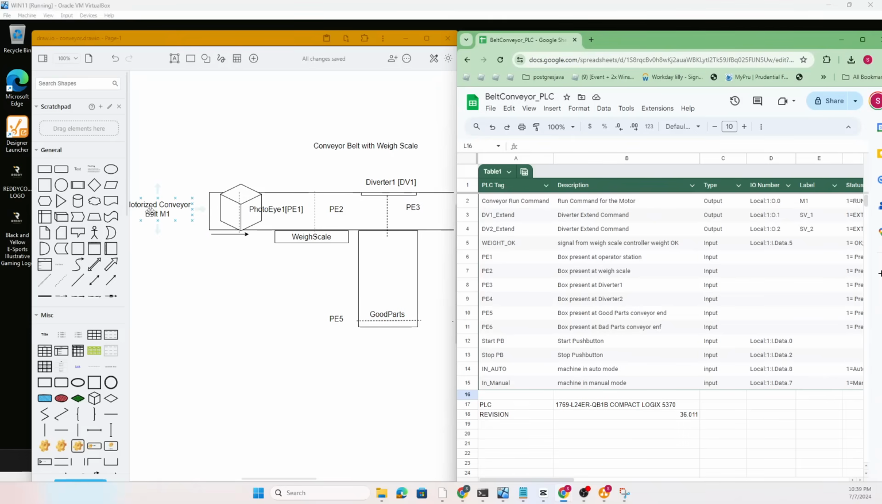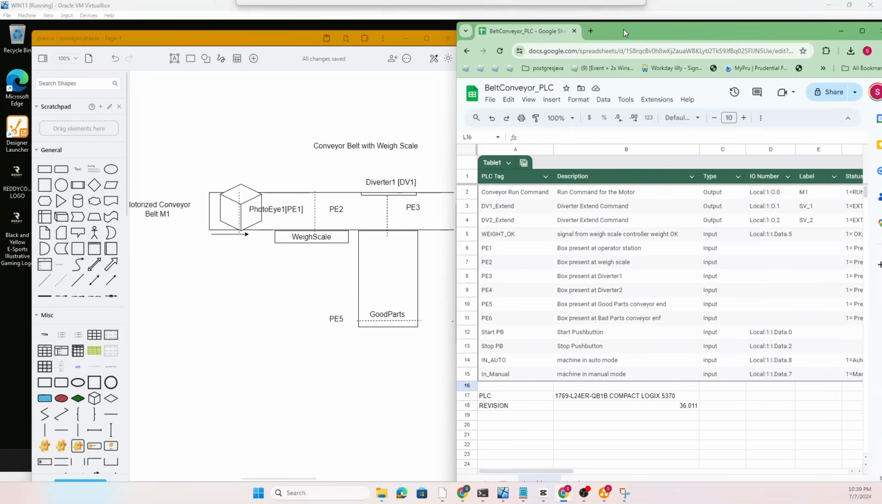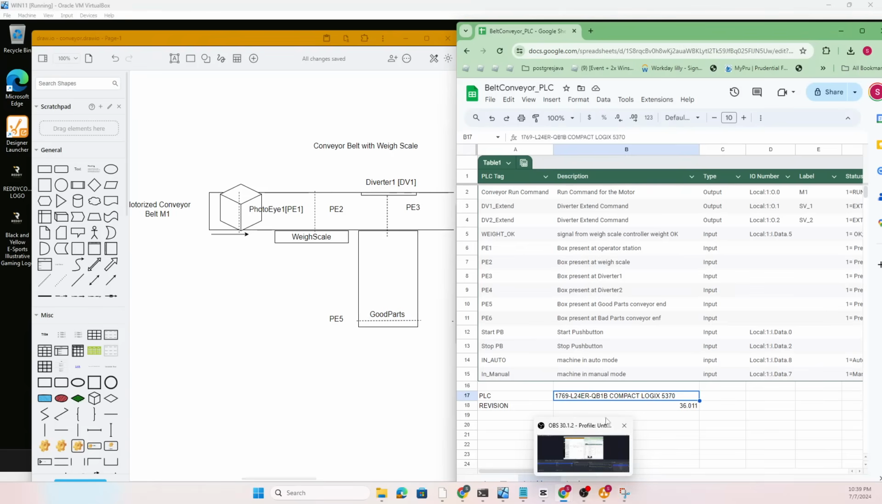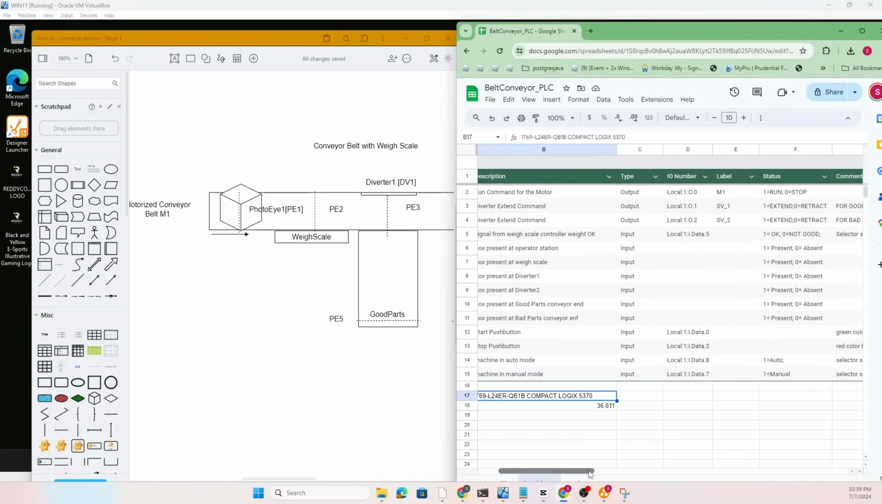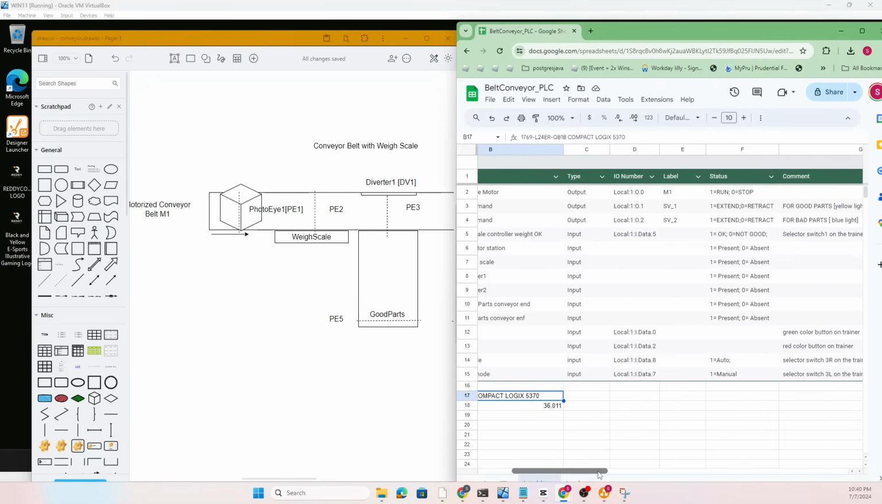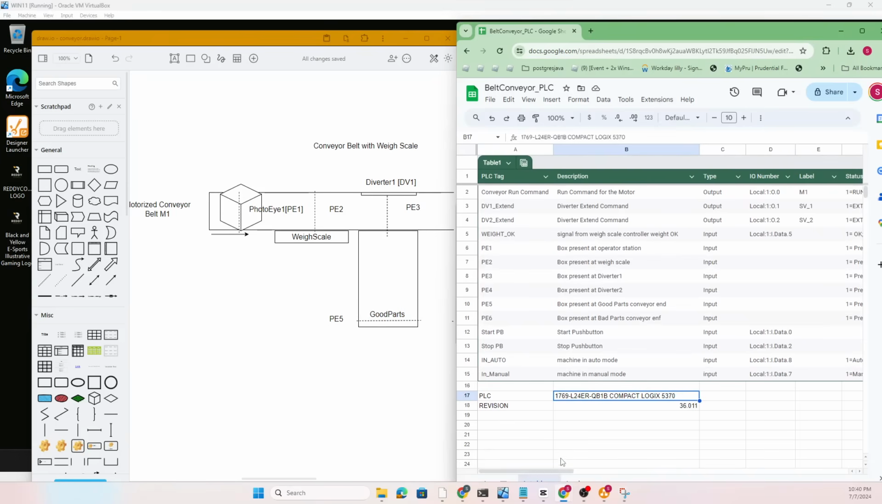For the motor 1 M1, we're going to use a run command for the motor. That's an output type, and we're going to use output 0 in our PLC chassis. Our PLC we're going to use is a CompactLogix PLC with embedded IO, and our assumption is 1 is the motor gets a run command, 0 means the motor gets a stop command,